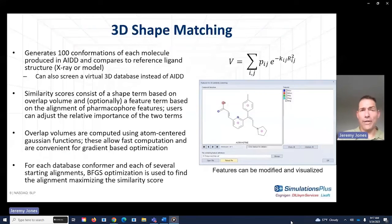The last one I'll mention here is our brand new 3D shape matching algorithm. This was built by Dave Miller at Simulations Plus, just a fantastic scientist. This is a way to try to match up the molecule in 3D space to a reference ligand. For instance, in the PPAR project, there's a crystal structure with a known PPAR gamma inhibitor bound, and we can extract that 3D shape, the ligand in its pose, the way it is, and then use it as a reference to try to see how closely in 3D space any of these AIDD generated molecules will match up. Not only that, not just in the 3D shape exactly, but you can also